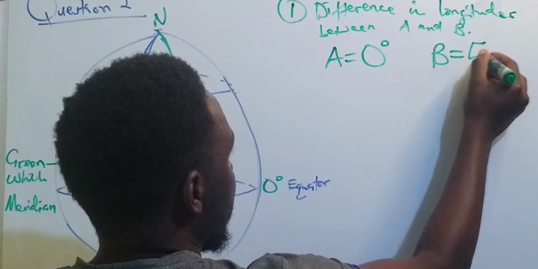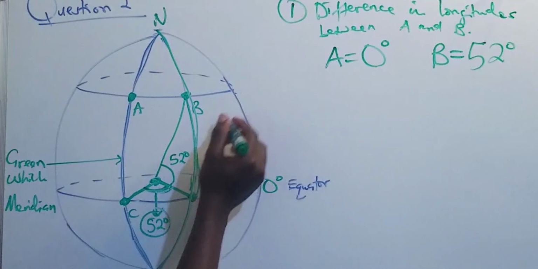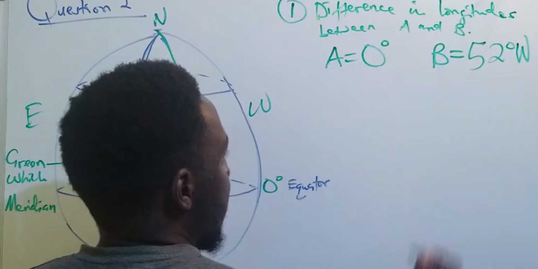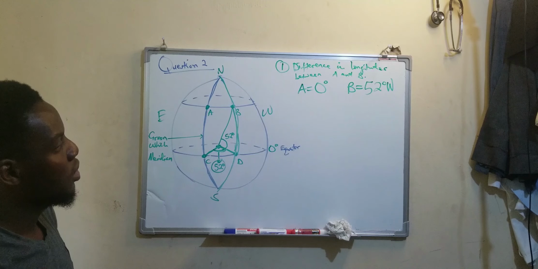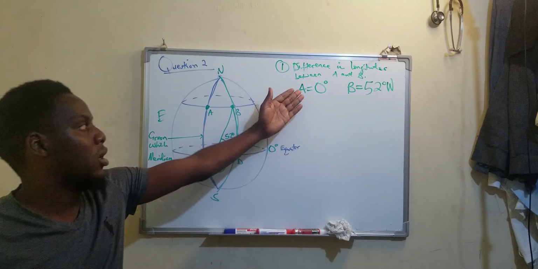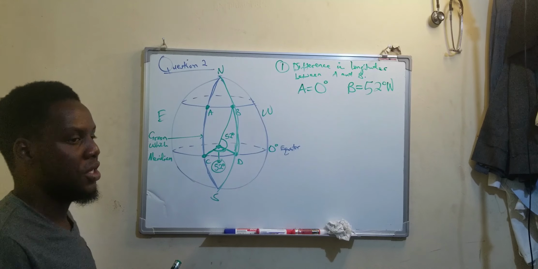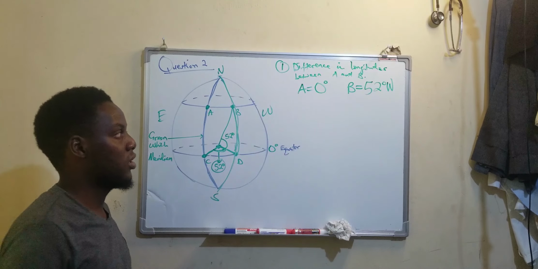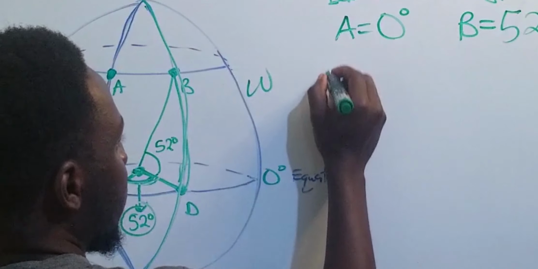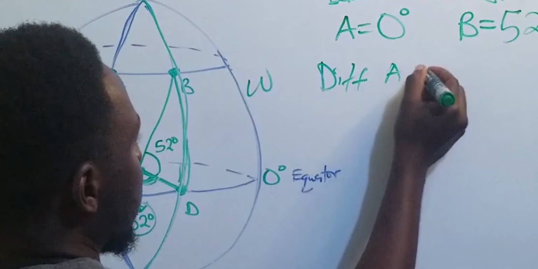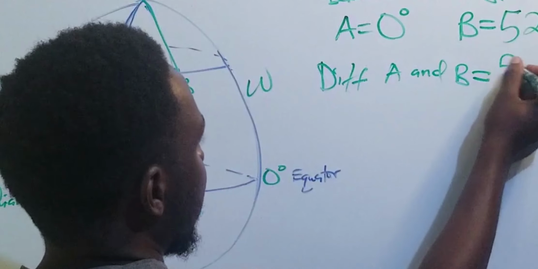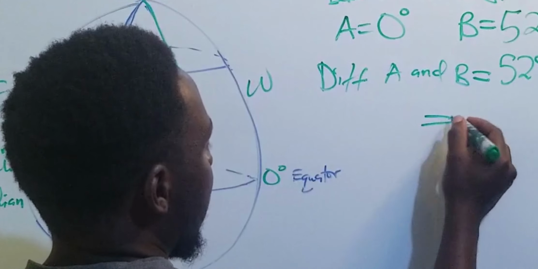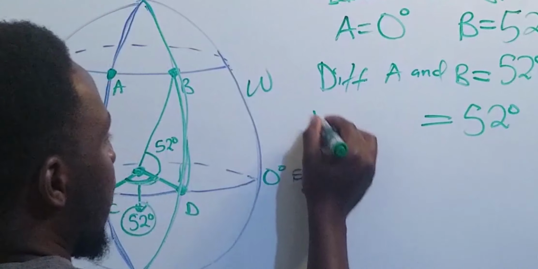It's 52 degrees. And this should be west, whilst this should be east. So 52 degrees west. In this case, since the Greenwich meridian doesn't have west or east, you can either add or subtract to find the difference. So the difference between A and B will equal 52 degrees west plus 0 degrees. So you have 52 degrees as our difference